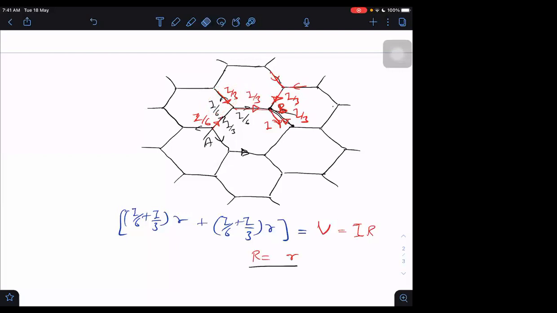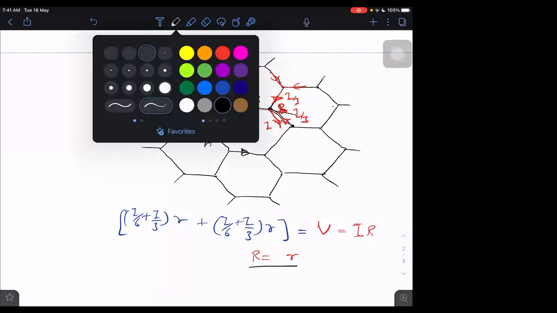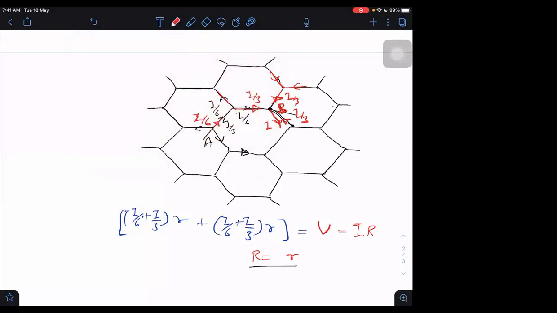Okay, I got your point. Sorry, this diagram in red should not be I by 6. I understood your point, this was a mistake. It is already I by 3 in red here, so it will become I by 6. Then I by 6 cancels I by 6. Then what is the current in this branch? No current will flow in this branch. This point and this point will become equipotential and no current will flow.